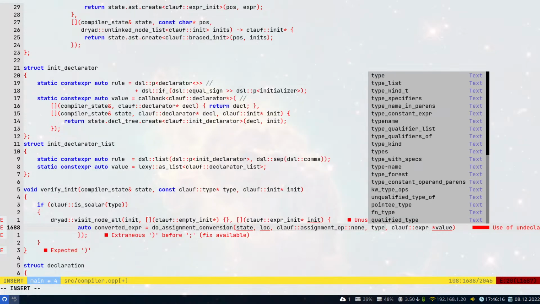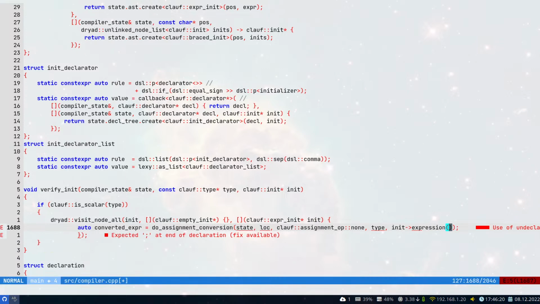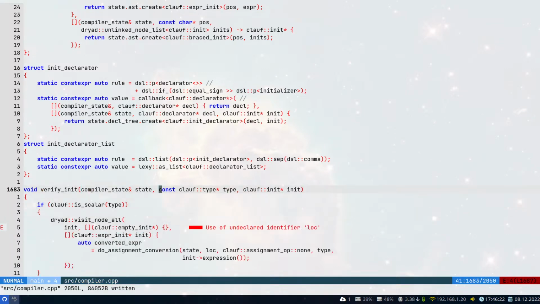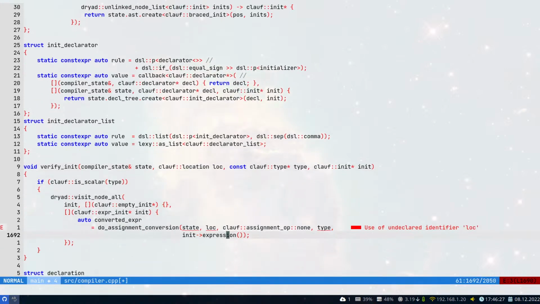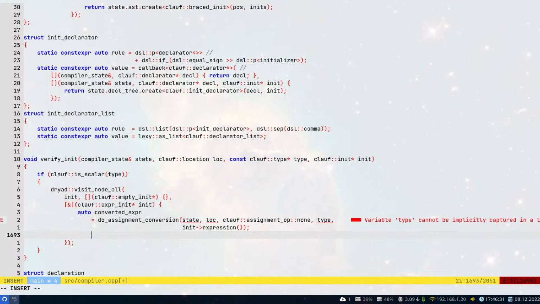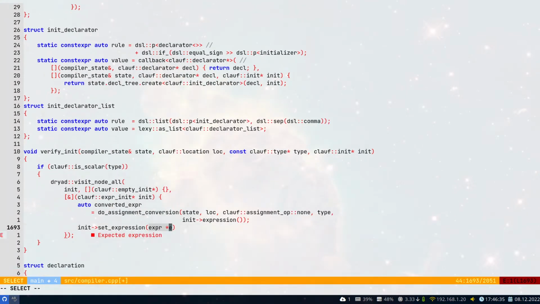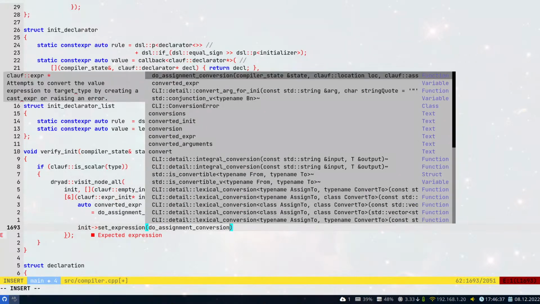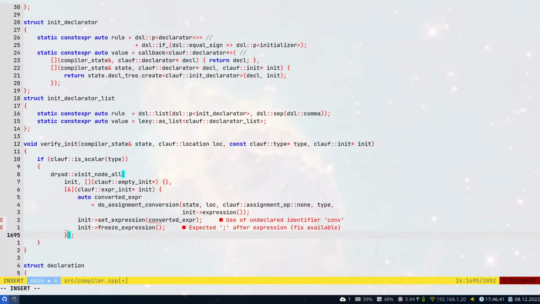This is the target type, init expression. Location. Okay. And we need to capture things. And then I update the init to set expression to the converted expression. And freeze it. Okay. And now if we're having a braced initializer,